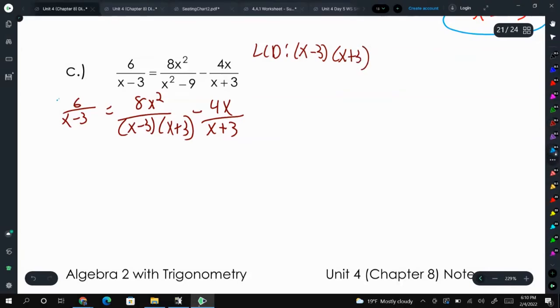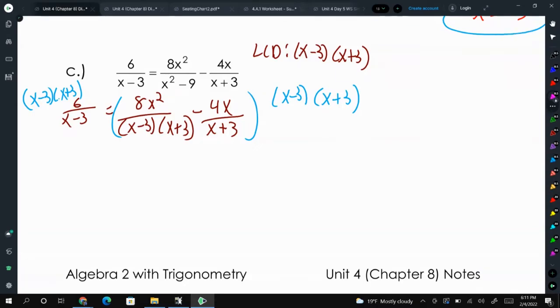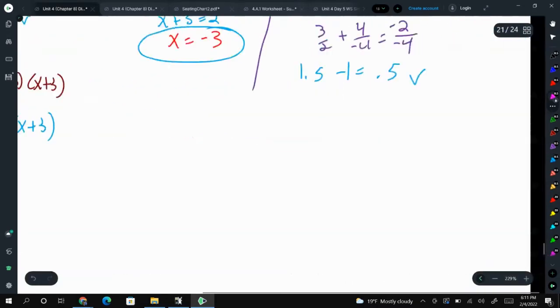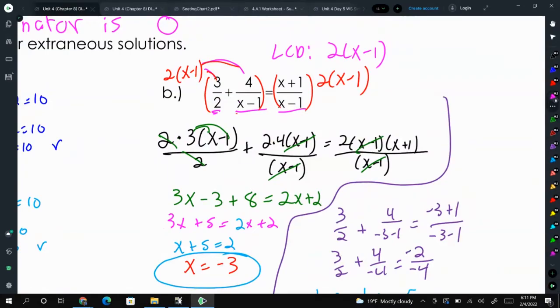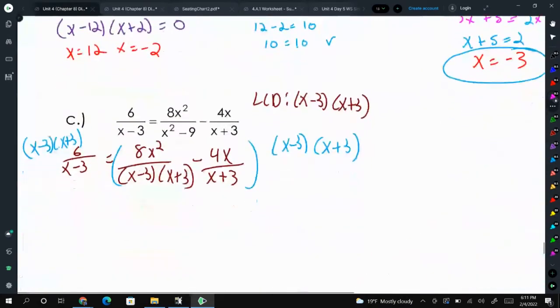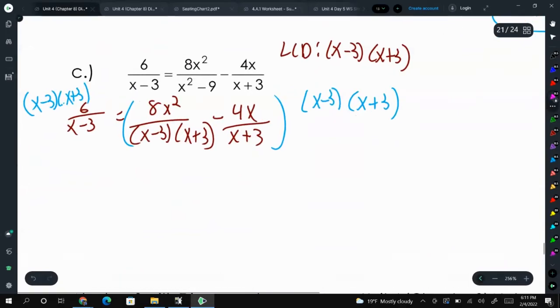So I'm going to multiply everything by that. Multiply everything by my least common denominator. And what's going to happen is things are going to cancel and we'll get rid of all of our fractions. So I'm not going to write everything out like I did up here and then cancel things off. I'm going to cancel things off as I multiply. Because when I multiply x minus 3 times x plus 3 times 6, the x minus 3s are going to cancel. So now I'm going to be left with 6x